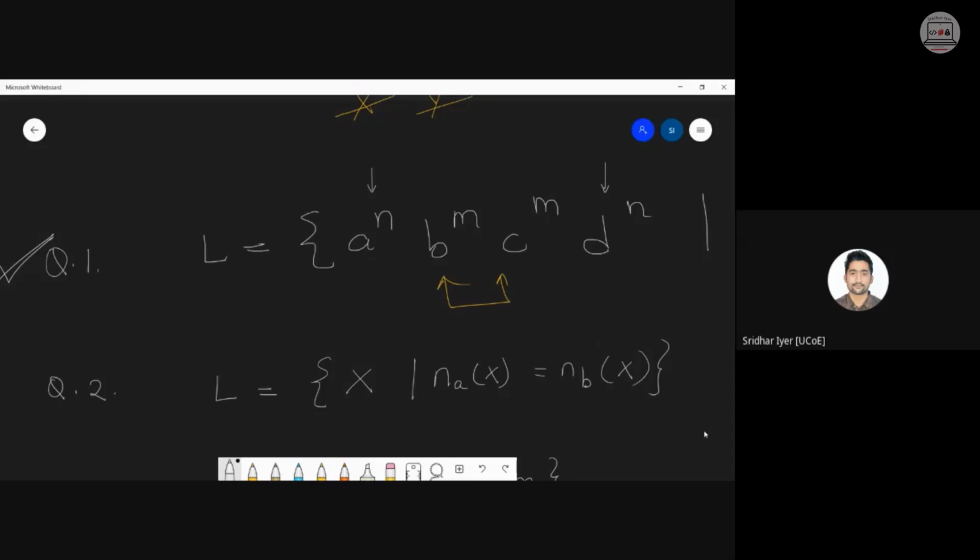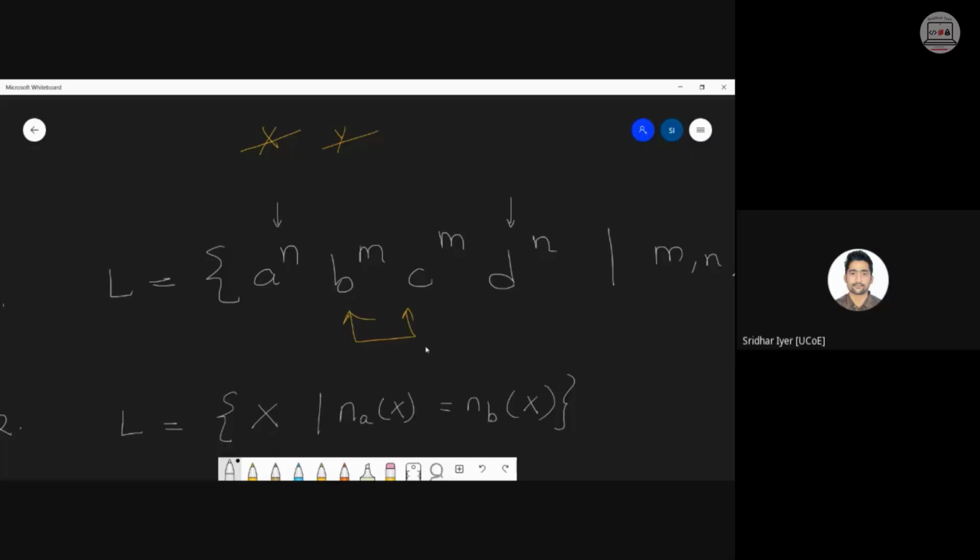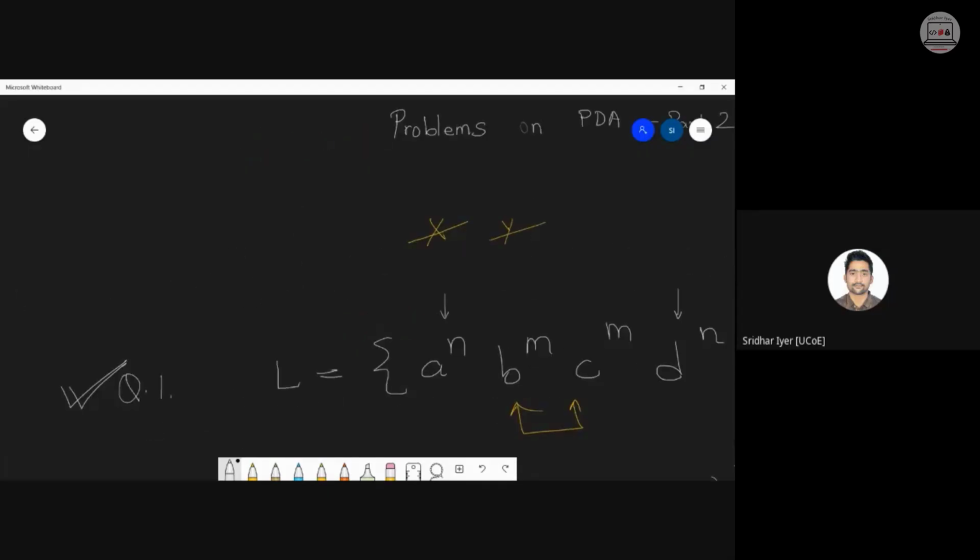It is number of A's equal to number of B's. So far we have seen A raised to n, B raised to n. Let me differentiate carefully, then you can start. This is also A raised to n, B raised to n, which is also equal to number of A's equal to number of B's, right? Is there any change?